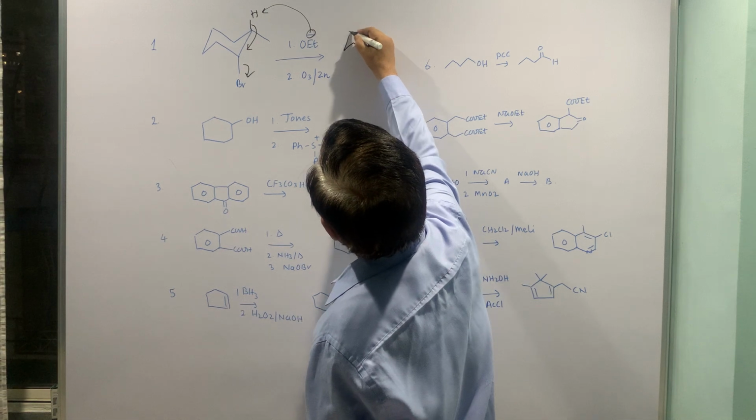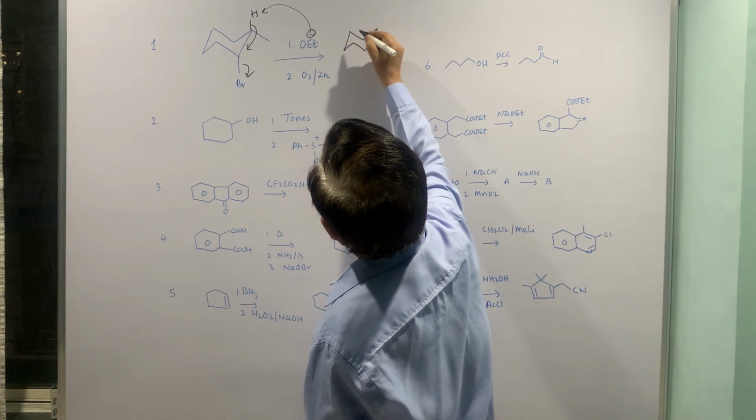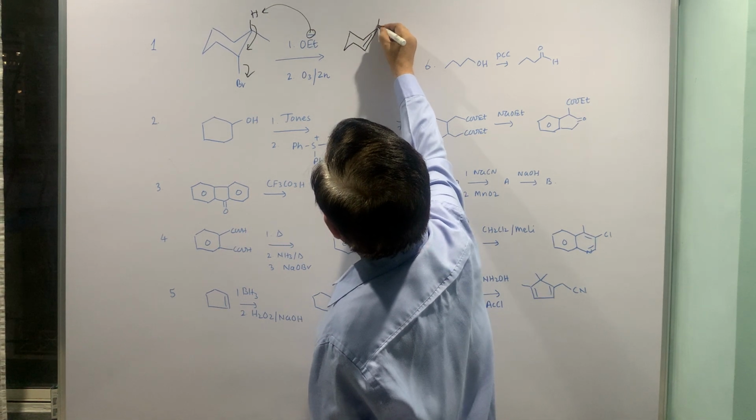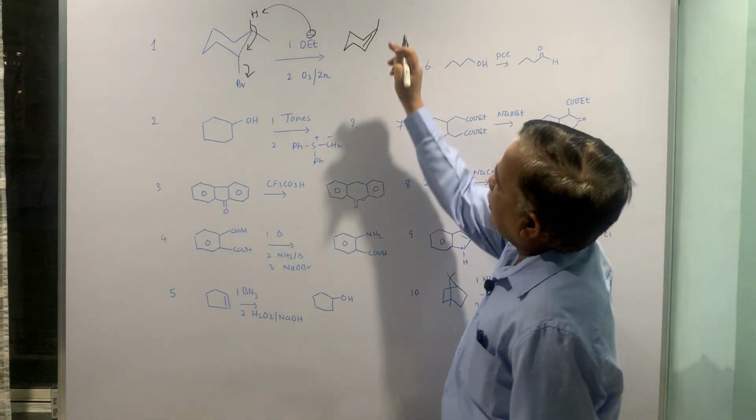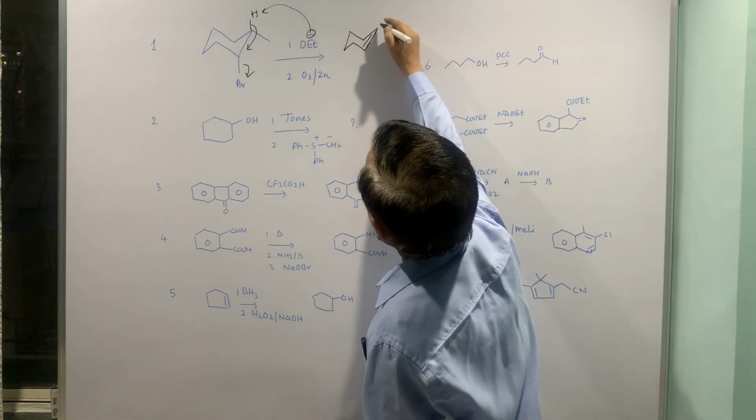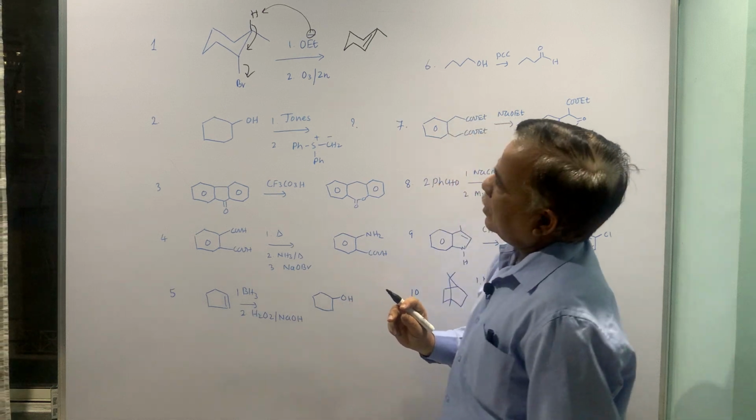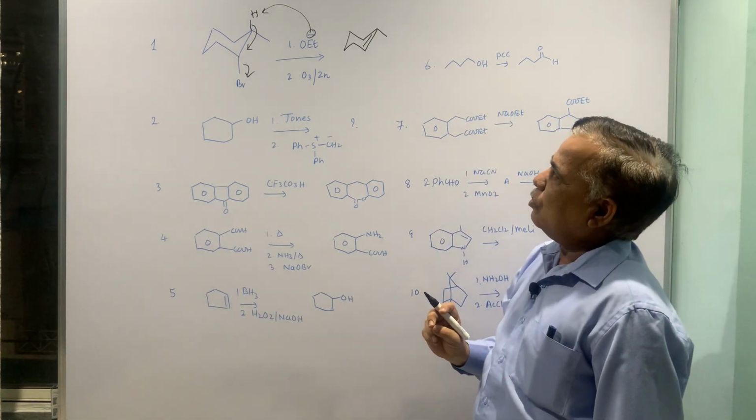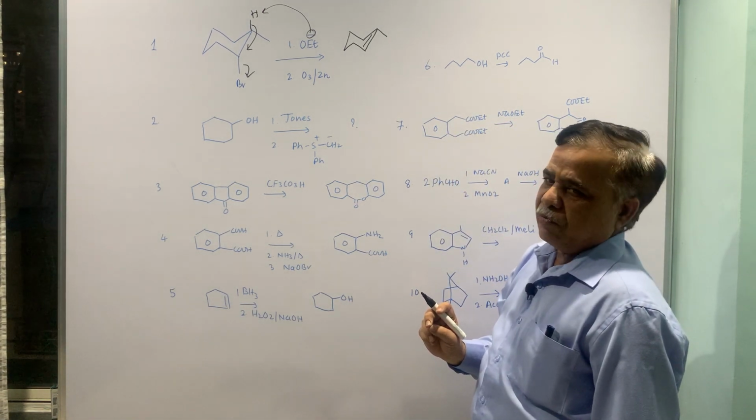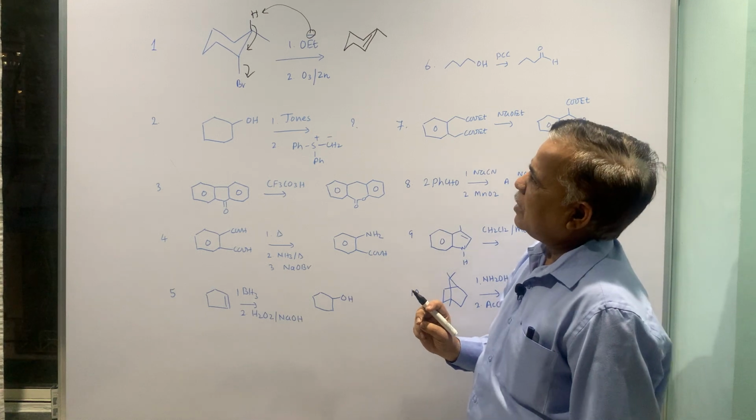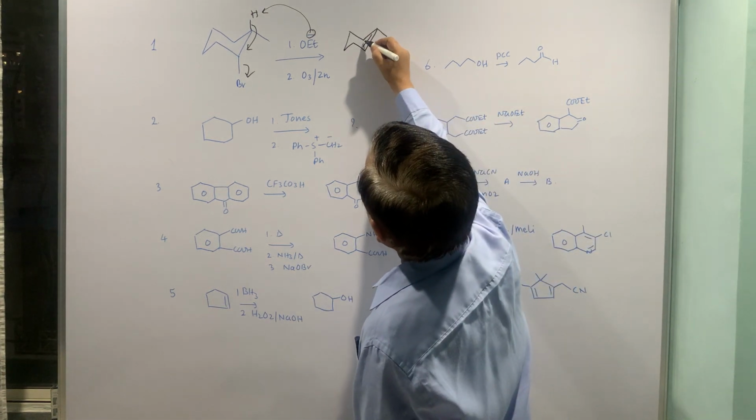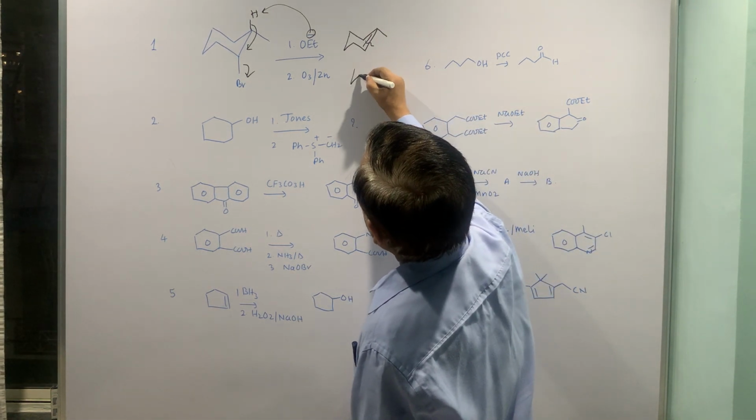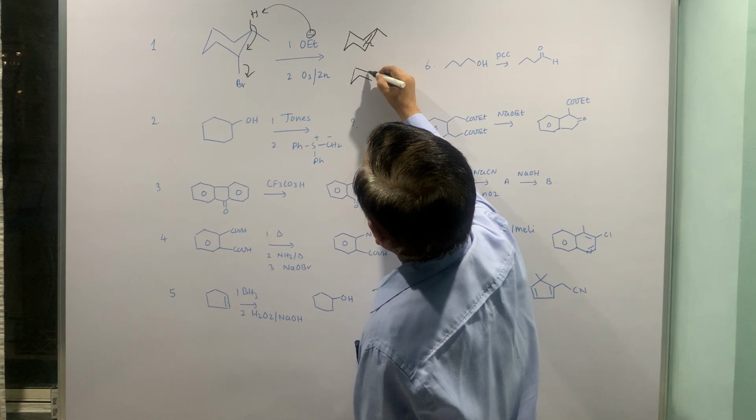loss of HBr will give us this compound. Now I am not putting H, it is not there. This cyclohexene, 1-methyl cyclohexene to be precise. And then ozonolysis, what we have done in ozonolysis,